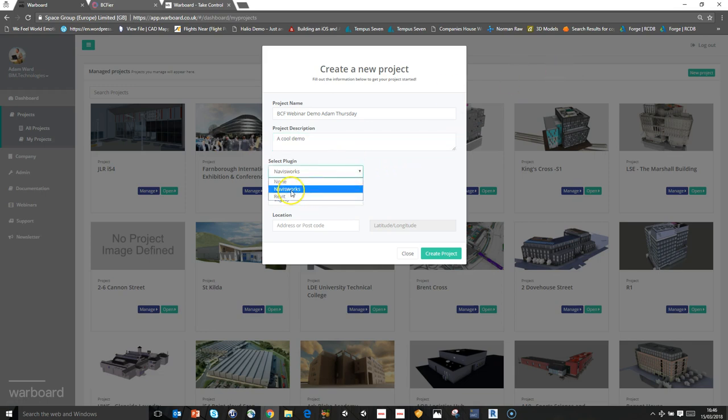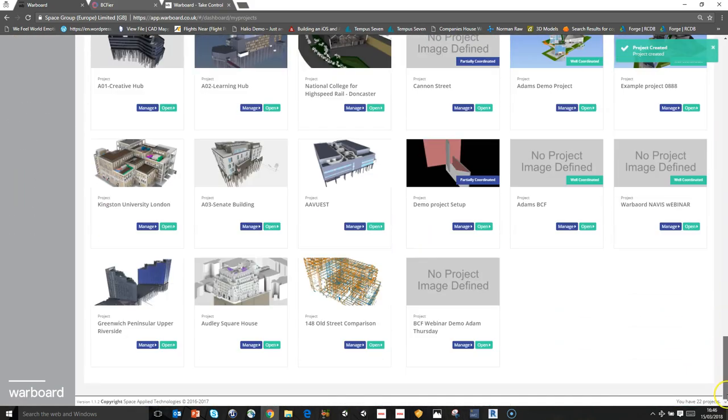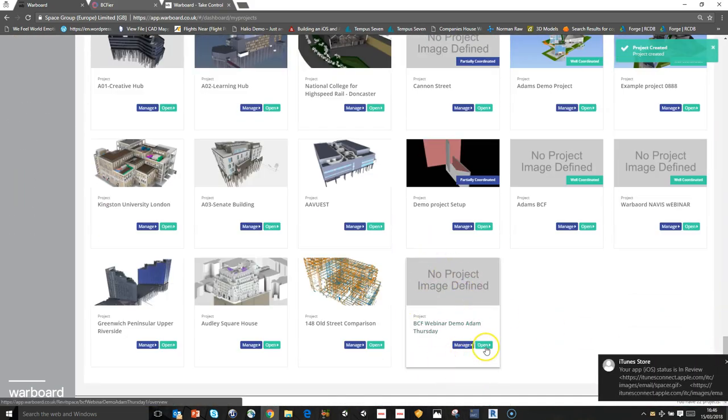This doesn't really matter. Even though it's got Navisworks, it doesn't matter. We're still going to use BCF. And for report style, how our reports are going to look, we're going to pick modern. I'll put a postcode in just so it appears on our dashboard, and click create project. So Warboard will now go and create a blank project for that. And if I click open,